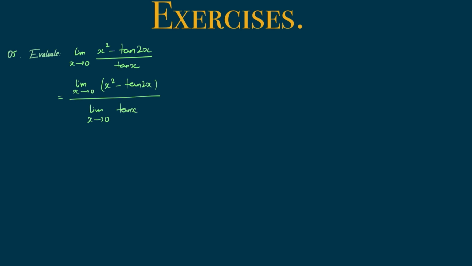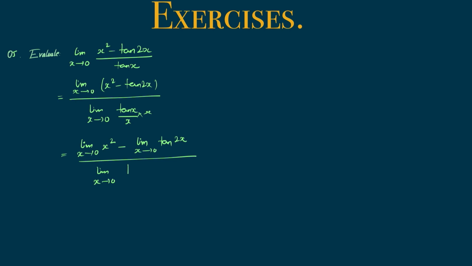Now in the denominator I will divide by x, and in order to balance I will multiply by x here. Okay, so here in the numerator I will distribute the limit to both the terms, so it will be limit x tends to 0 x square minus limit x tends to 0 tan of 2x whole divided by limit x tends to 0 tan of x by x into,